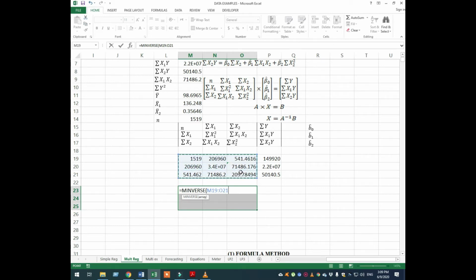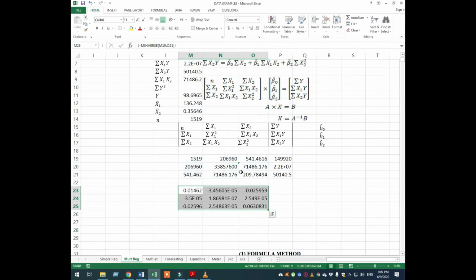I'm just giving the required area, and now, not hitting Enter directly, I'm hitting Control Shift Enter. If I do that, I get the required inverse matrix, which is equal to A raised to the power minus 1. If this is multiplied by this B matrix, I'll be getting the required